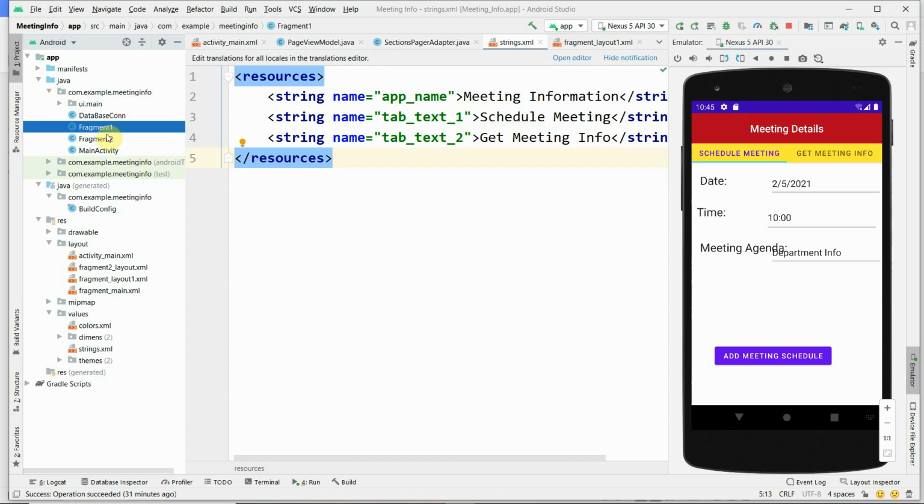Two additional activities are created, that is fragment 1 and fragment 2. You have to right click on this com.example or meeting information, and create activity, or you can also right click on app to create new activity. New activity is fragment 1, and the fragment 1 is designed